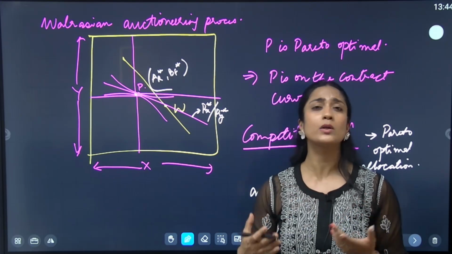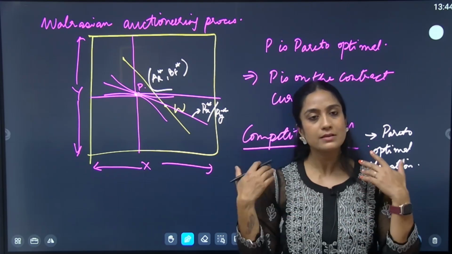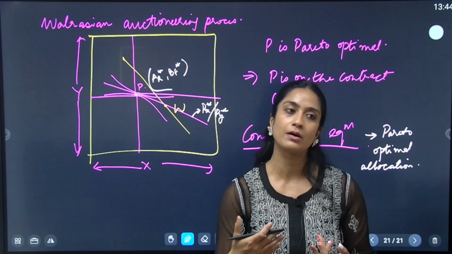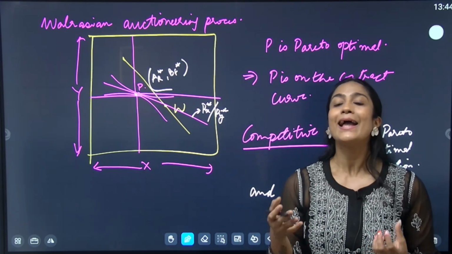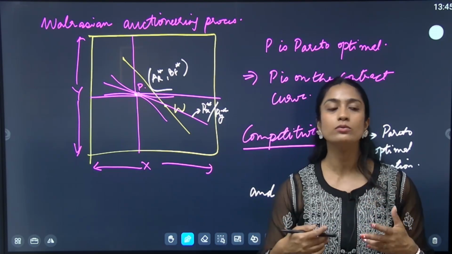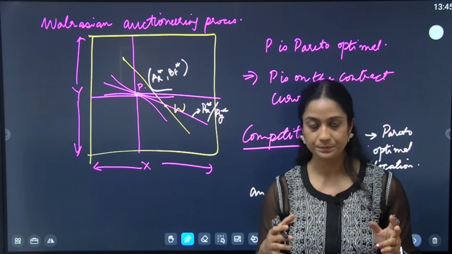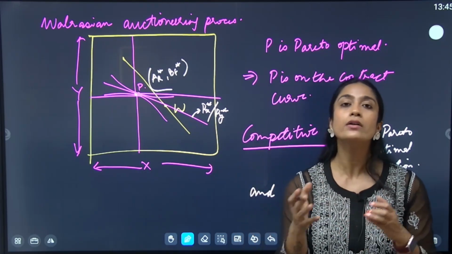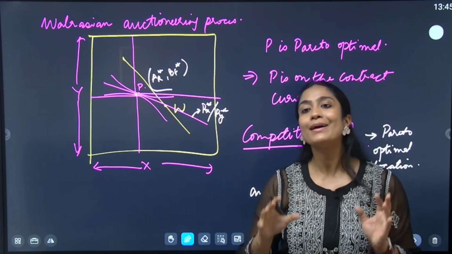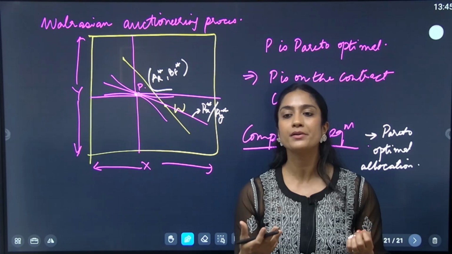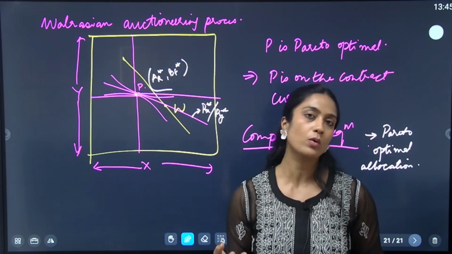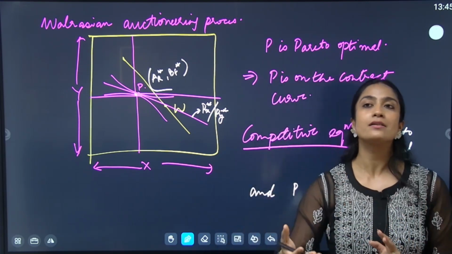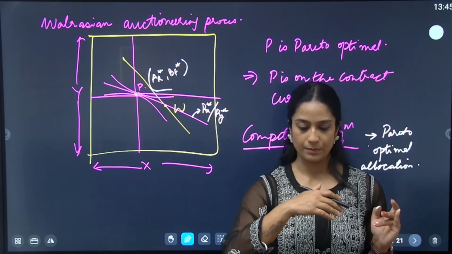If you have multiple goods and multiple people, ultimately this is a system that works itself. Suppose you start at a given price ratio between two goods, and then depending upon what is the value or what is the utilities, the price ratio gives the value that the market places on those two goods, right? But the value of the good is also determined by the utility that people derive out of those goods, right? So when these two forces interact, the final price ratio